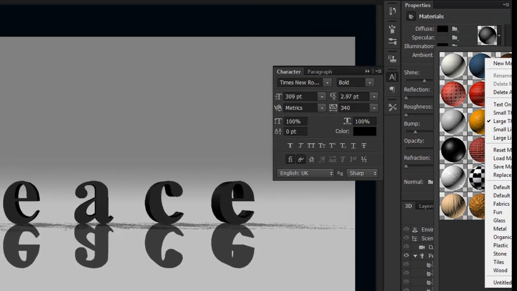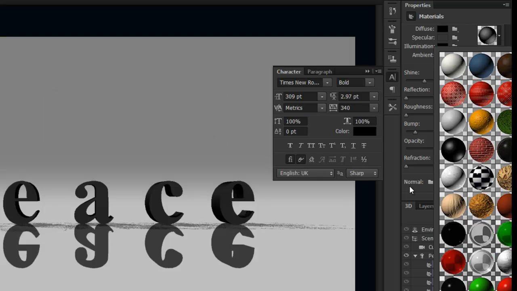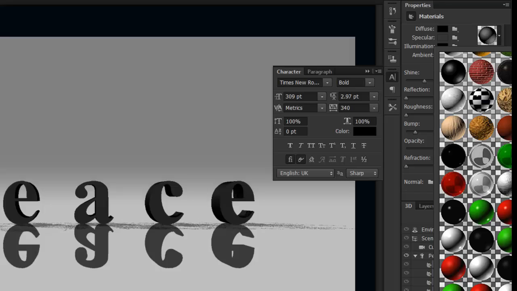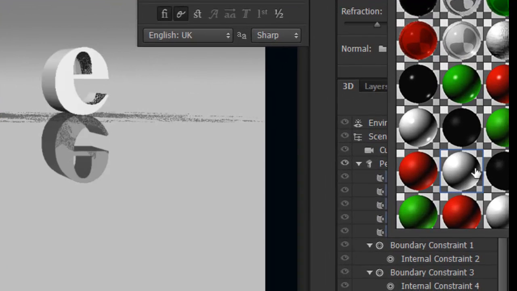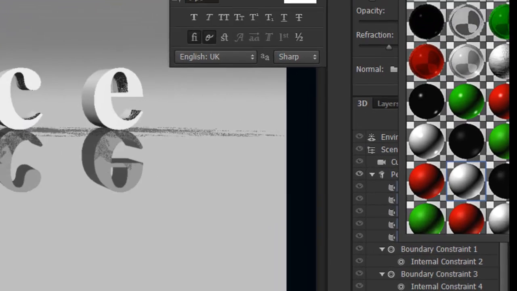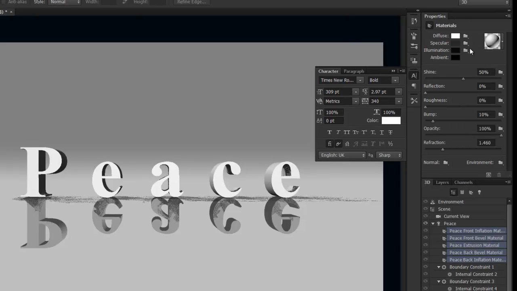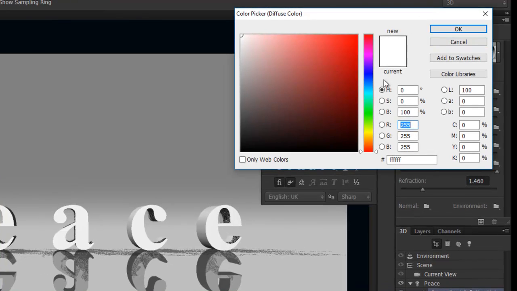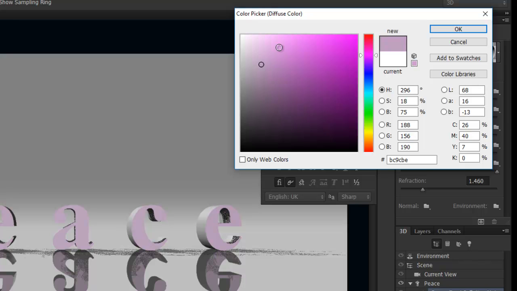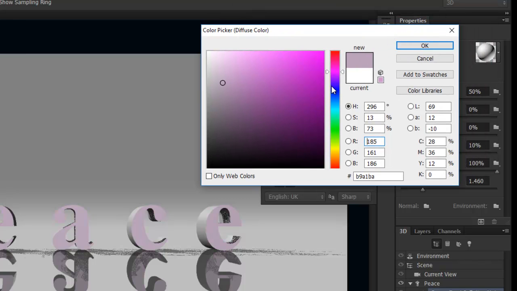I'm going to load up these plastic ones, append them, and then I'm going to choose this plastic here just because it's got some nice highlights. But what I am going to do is on the front inflation just change the colour of this. So I'm going to pick out this mauve purpley colour,